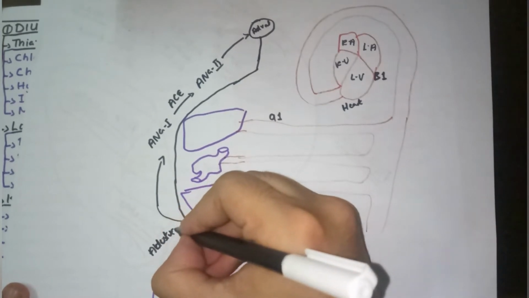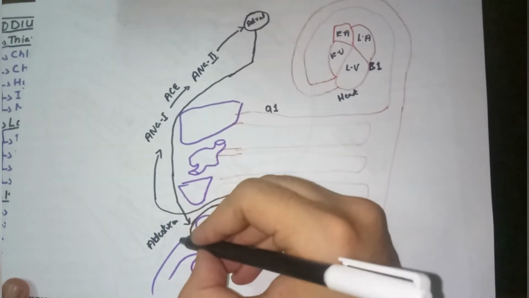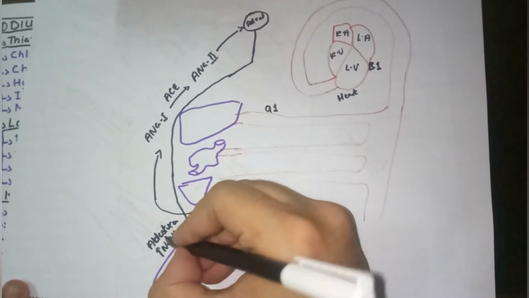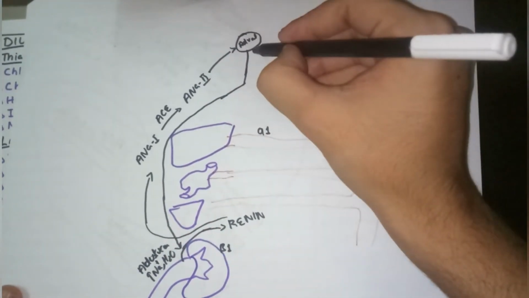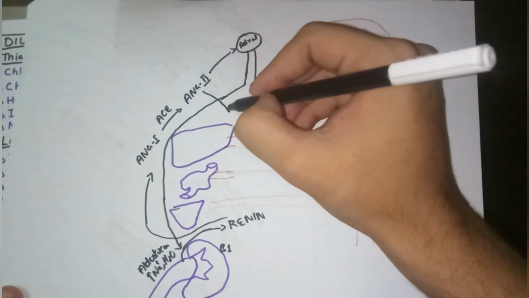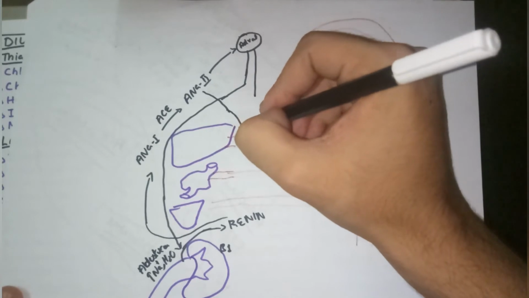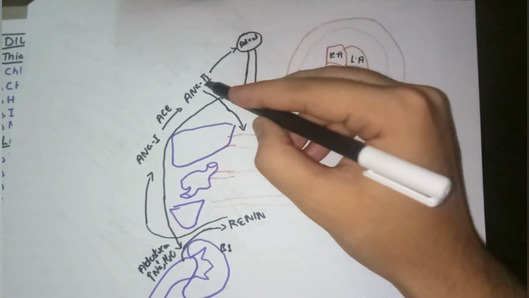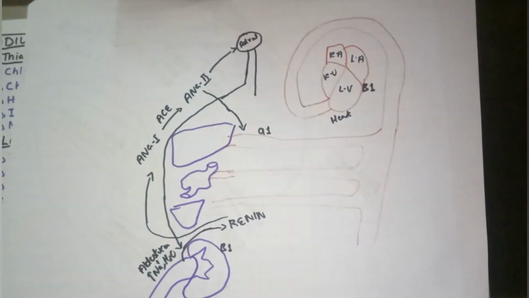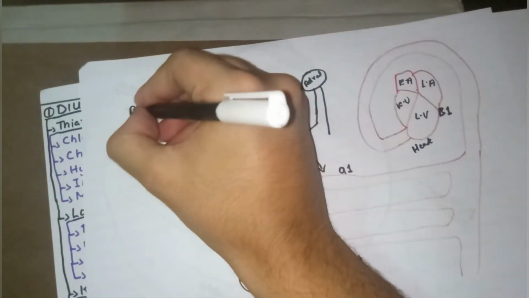Aldosterone causes more retention. It increases sodium and water. So what is the other function? Angiotensin 2. What is angiotensin 2 also doing? Angiotensin is constricting the arterioles. It is first constricting the arterioles and is also acting on the adrenal gland. So angiotensin 2 has two functions: